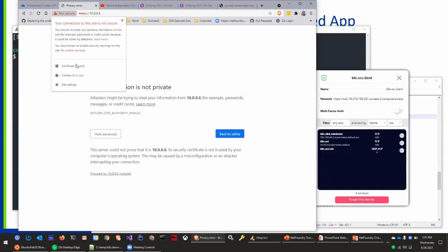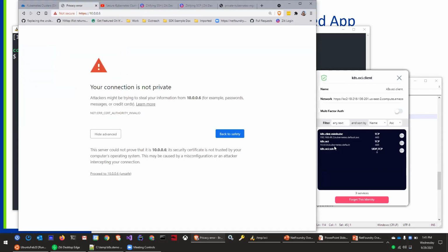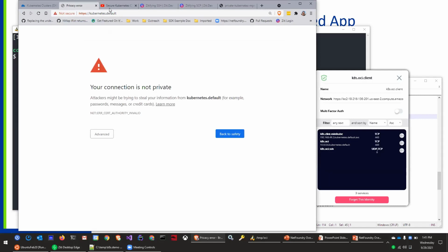If I were to look at the certificate that's presented here, and the subject alternate names, you'll see kubernetes, kubernetes.default, kubernetes.default.service, and so on. When you create a cluster, Kubernetes gives you a certificate that is valid for all of these domain names. And that's the other reason why I have kubernetes.default.service, as well as kubernetes.default. I had to get a little creative when it comes to .default versus .service, one of which goes to my minikube, one of which goes to Oracle's OKE instance.